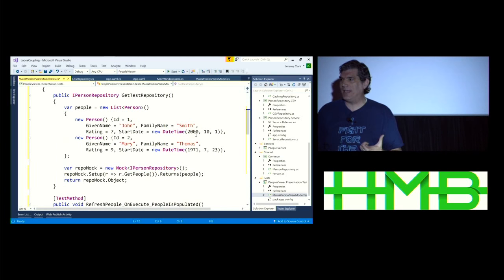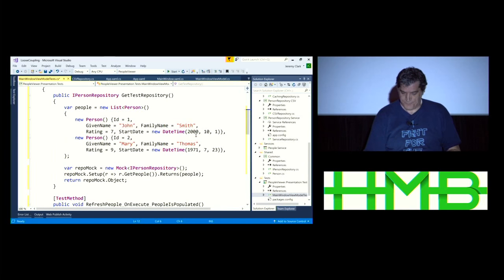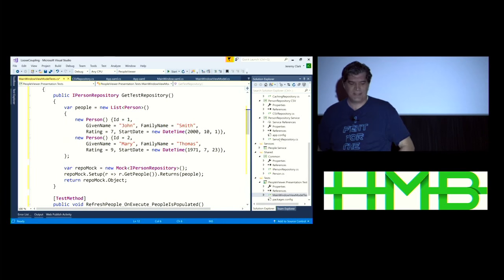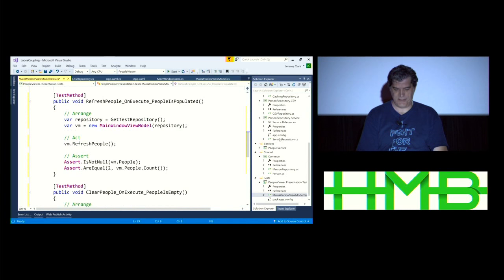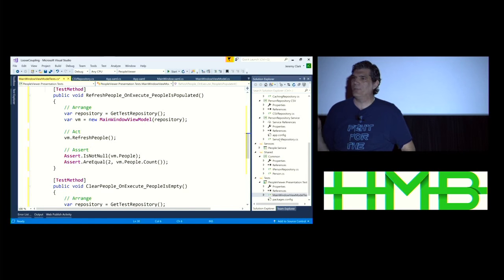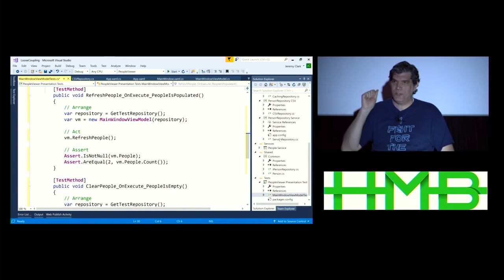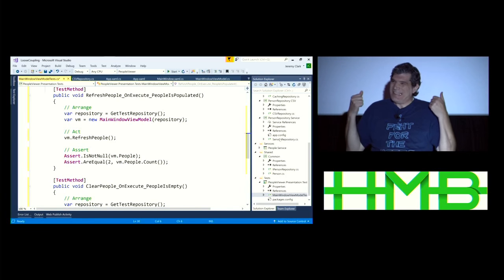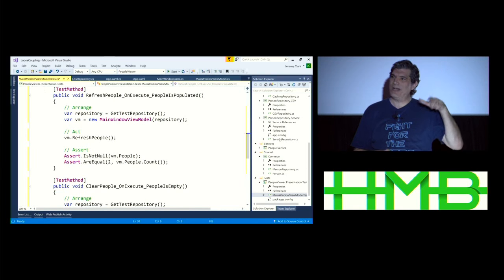So remember how I told you I didn't have time to talk about property injection? Apparently I lied, because I'm going to show you property injection real quick. So constructor injection is great, because when someone news up this main window view model in our unit test, I'm forcing them to provide me with an implementation of something. So you have to make a decision. But what if I have a situation where, 99% of the time, I want to use this default implementation, but